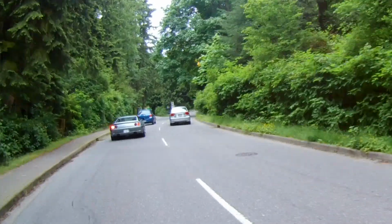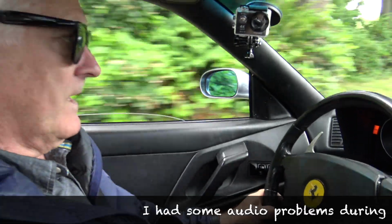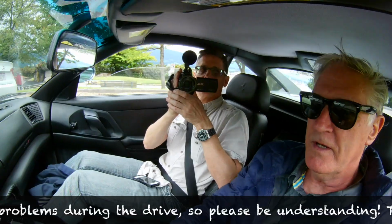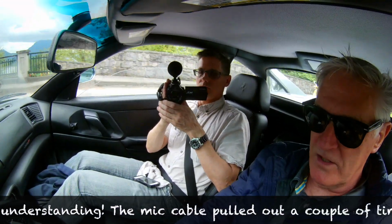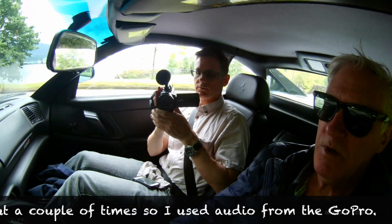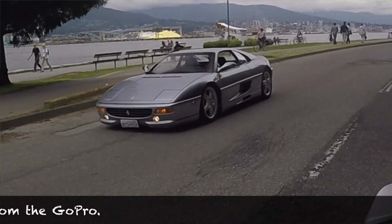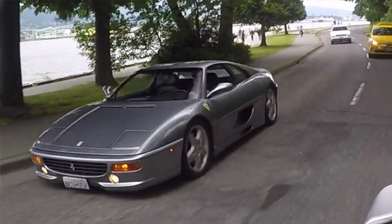So, tell me a little bit about this car and how you came to find it and what made you want to have one. Well, they always say when you buy a Ferrari that you should have it checked over by a mechanic and have a leak down test and a pre-purchase mechanical check. The leak down test is to test whether the cylinders are in good condition, where there's good seal. But I've never done that with any of my cars. I'd always gone by gut feeling. And I'm a kind of bottom feeder in a way, because most of the cars I buy, I've bought them at times when no one else has been interested in them. And this car was a case in point where I bought